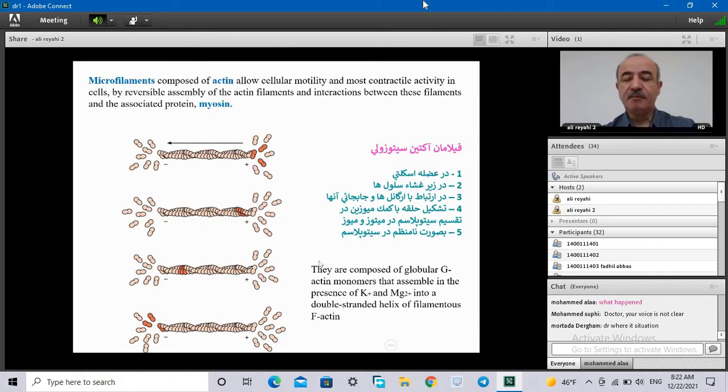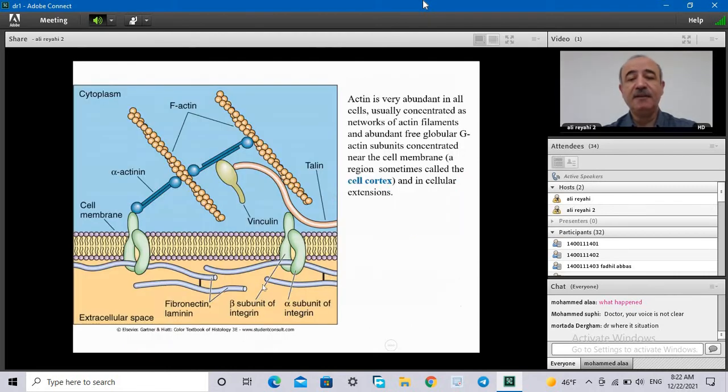Okay, the filament of actin, they are composed of globular G-actin, the globular G-actin monomer that assemble in the presence of potassium and magnesium into a double strand helix of filament. It's called F-actin. Each filament is called F-actin, and F-actin is formed by proliferation of the G-actin, okay, the